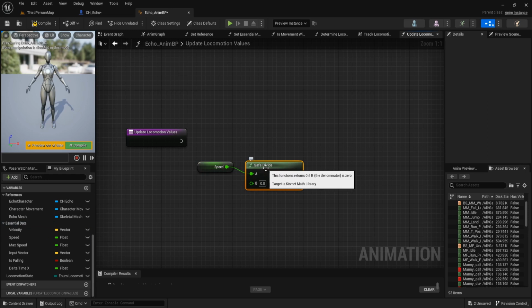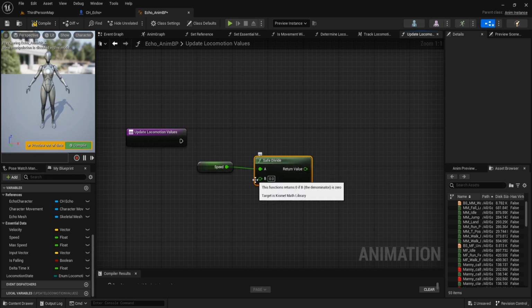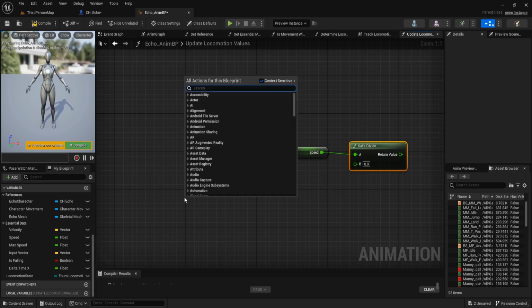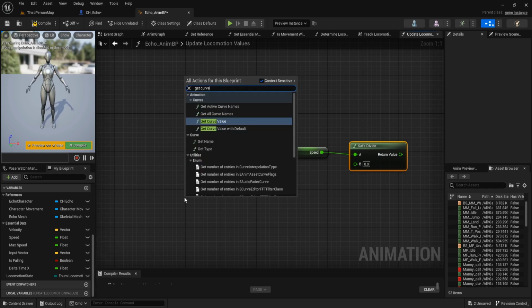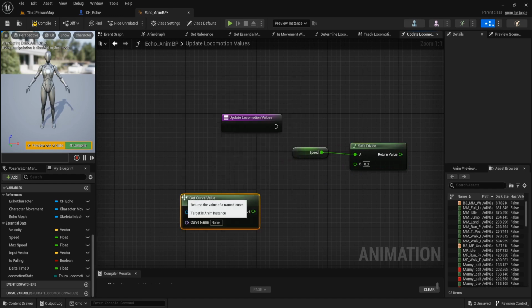We use safe divide because we don't want to get an error or crash when it's divided by 0. When it's divided by 0, it is 0, not infinity. And get curve value.